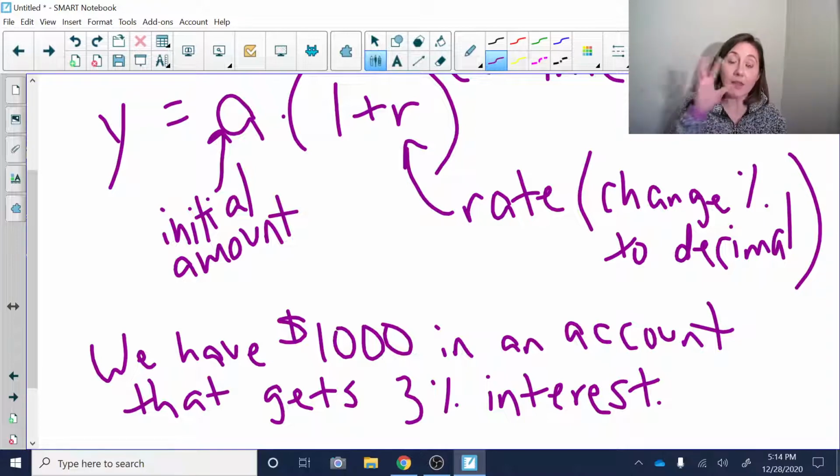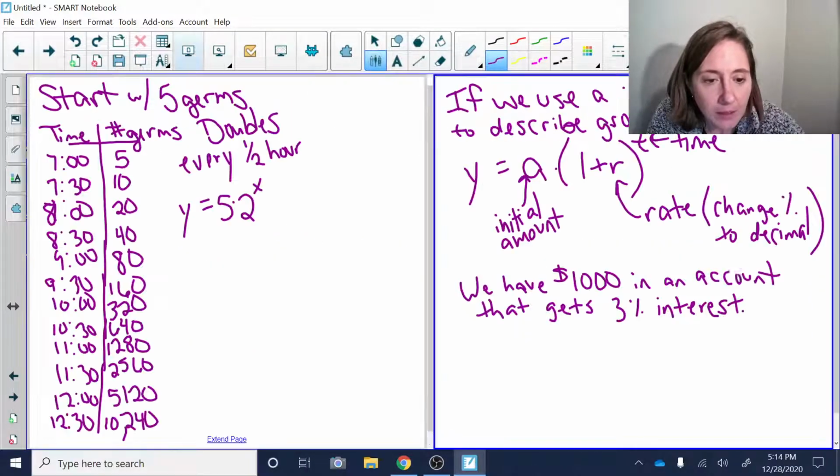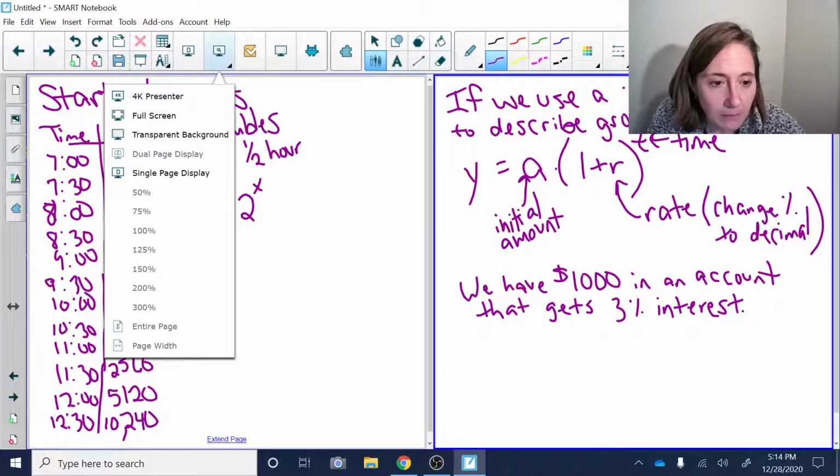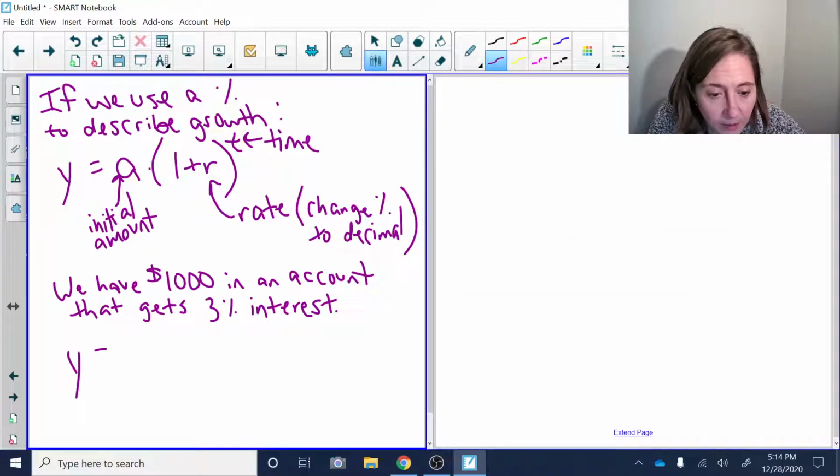Okay, so could we take those facts and see where they would go in this equation? What would this look like if I was plugging them in here? So how much money do we have to start with? That would be the $1,000. So that $1,000 is going to go in place of the A. So I'm going to have y equals 1,000